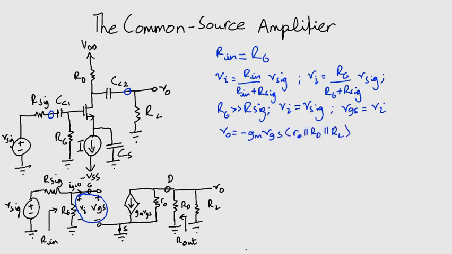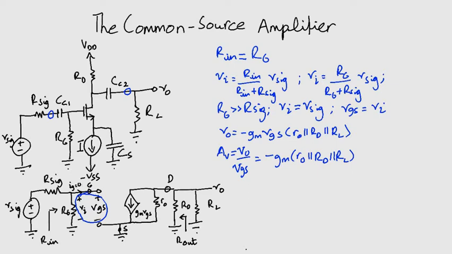Yes? You can write an expression for V0. This is the current gmVGS multiplied by ro parallel with RD parallel with RL, the effective resistance. Why is there a negative sign? Because gmVGS is flowing from V0 to the source. Using V0, we can find the voltage gain Av,